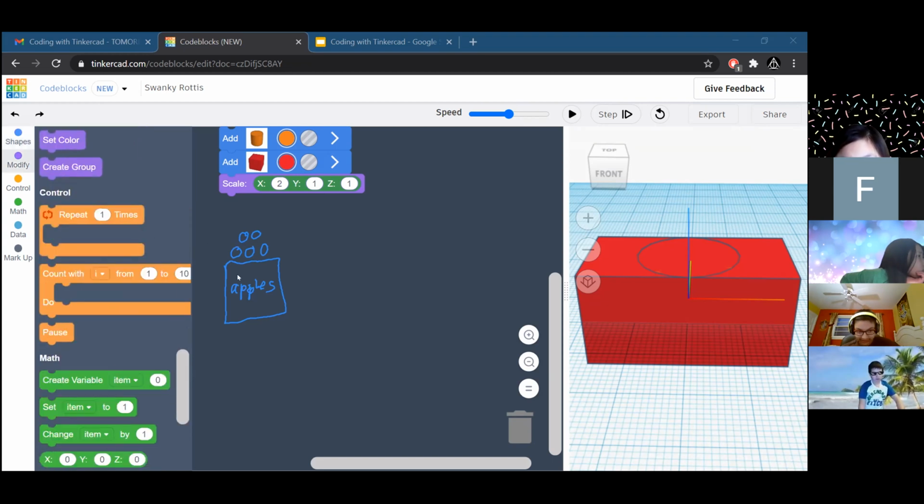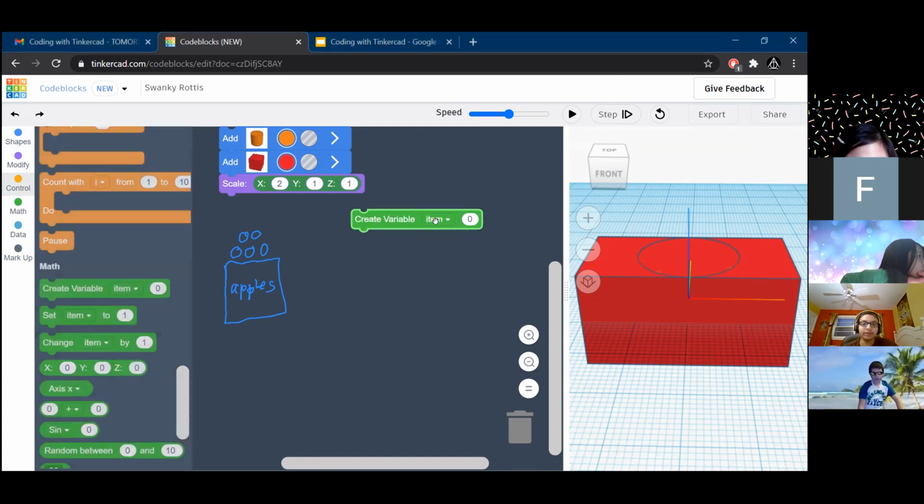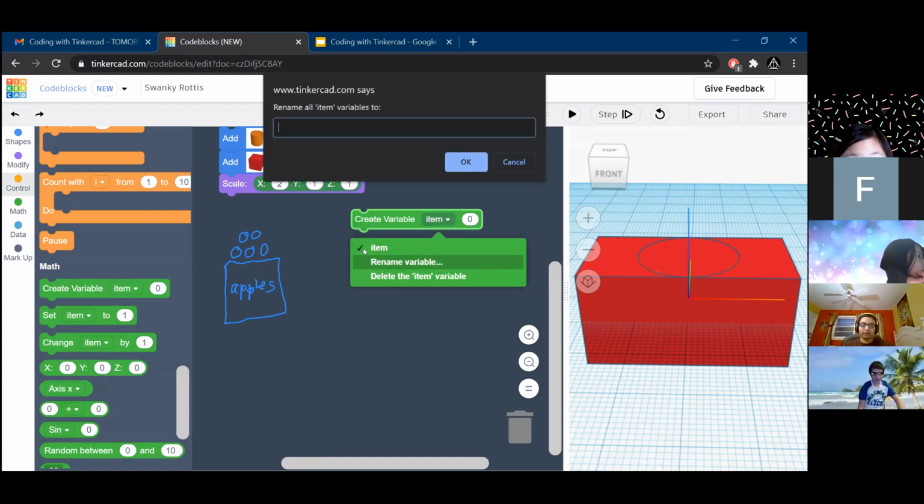While we're going over this example, I'm going to be going over the code that goes with this. To create the box called apples, we have a command called create variable. I'm going to click on the drop-down menu, click rename variable, and type in apples.